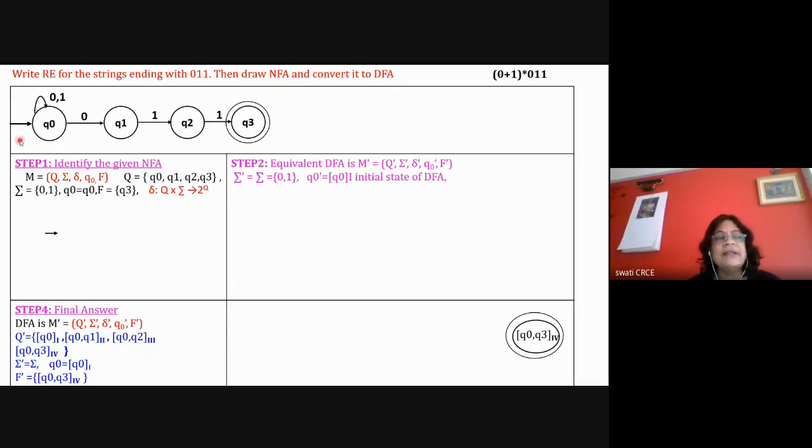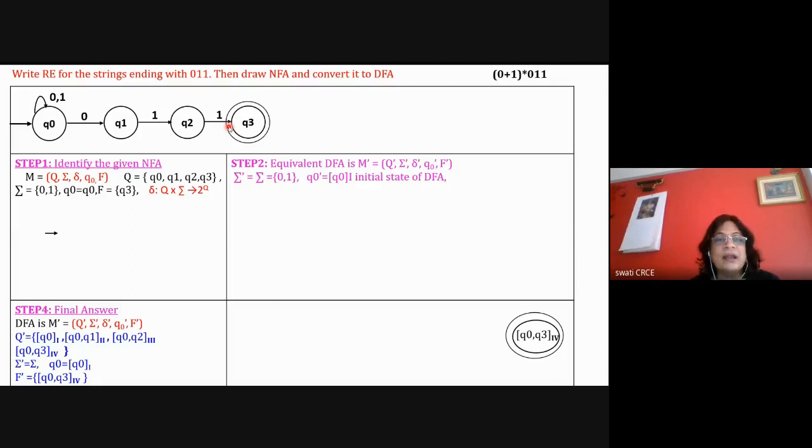Drawing the NFA is very easy in this case. If you try to draw the DFA directly, it is difficult to draw. So we can draw the NFA such that with 0, 1, 1 as the minimum length string, the machine should go to the final state, but before that 0, 1, 1 anything can be there. So either 0 or 1 and any combination of zeros and ones before that in the initial state. But for the last three symbols 0, 1, 1, it should reach the final state. So this is the NFA. Now, I have taught you how to convert from NFA to DFA. So the remaining part is to just convert this NFA into DFA.